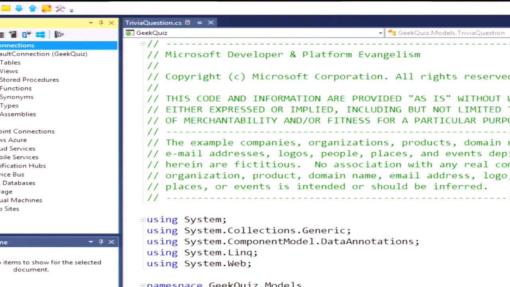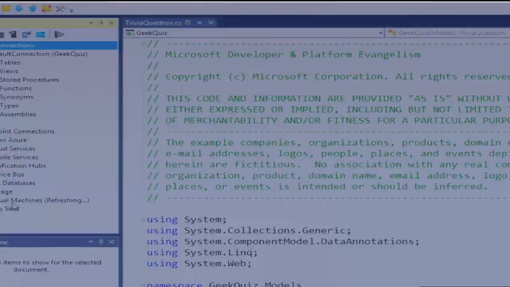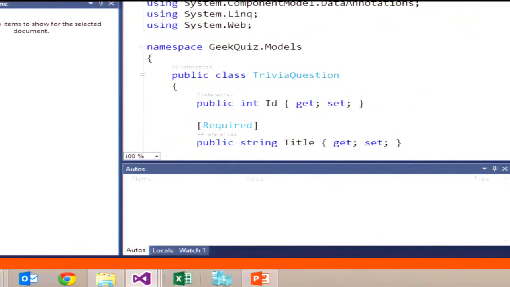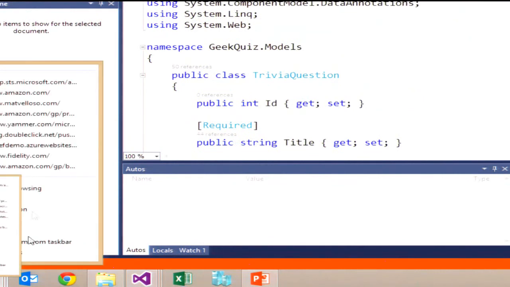I don't know if you guys saw that, but I can even create virtual machines all the way from Visual Studio, right? I can right-click here and say, go and create a virtual machine for me because I need to publish this website. So I can do almost everything from Visual Studio without having to go to Azure and messing with Azure. So what I did was deleting my local database so that,